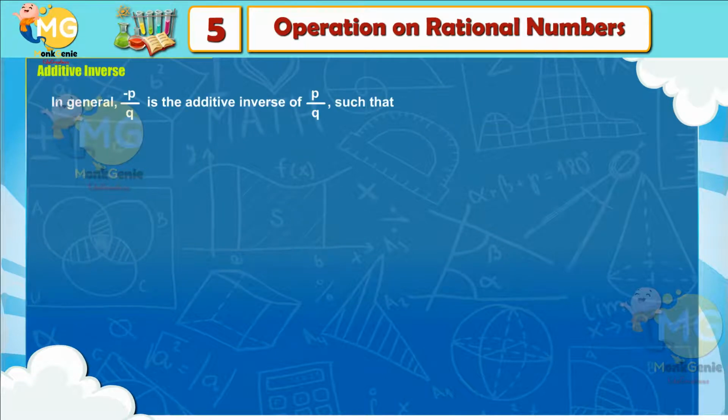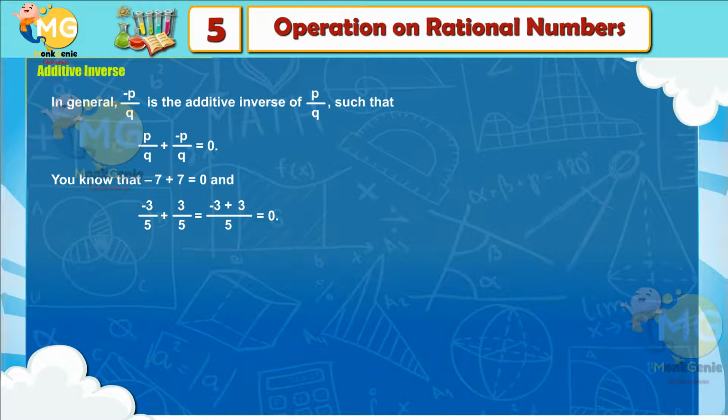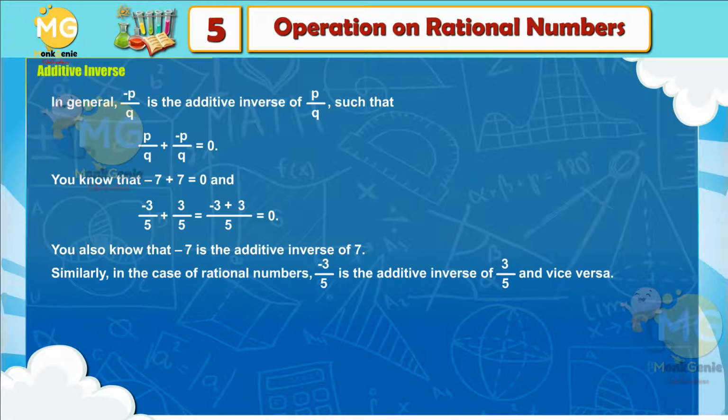Additive inverse. In general, -p/q is the additive inverse of p/q, such that p/q + (-p/q) = 0. You know that -7 + 7 = 0 and -3/5 + 3/5 = (-3 + 3)/5 = 0. You also know that -7 is the additive inverse of 7. Similarly, in the case of rational numbers, -3/5 is the additive inverse of 3/5 and